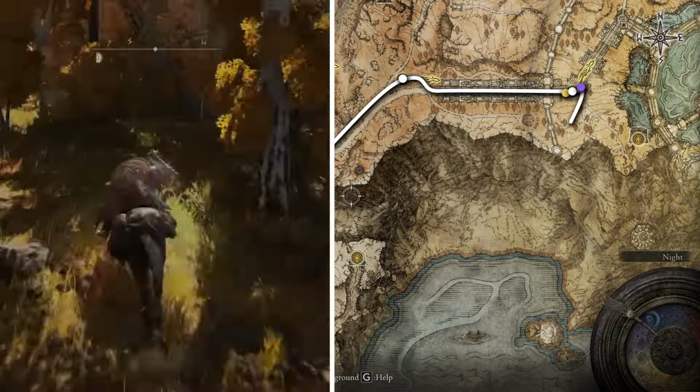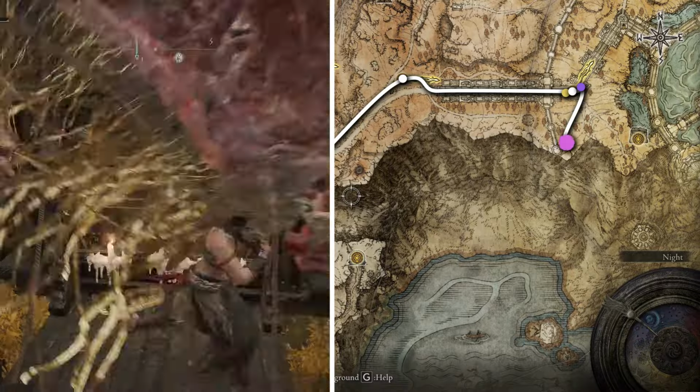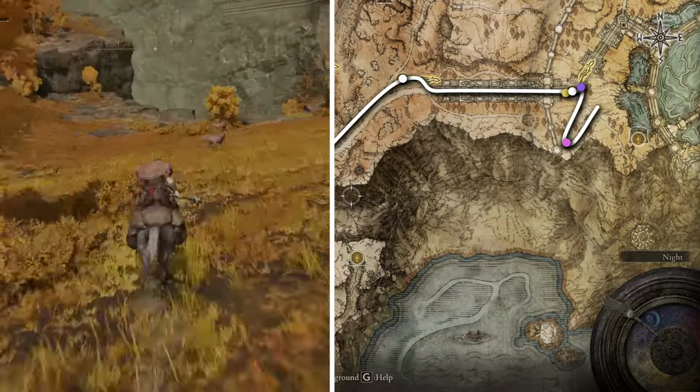I'm gonna run up to the south, around on the right side. So this huge guy jumps down, hits you, but you can just grab the chest right off the bat. And if you die here, it's no problem, you can just get teleported back to the grace, and we'll proceed